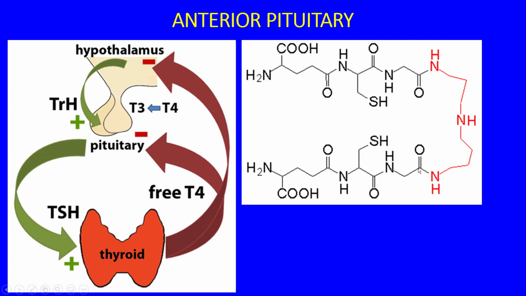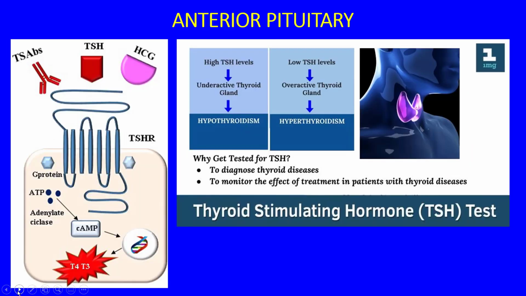Now, by the way, this is the shape of TSH, and it's a relatively small peptide. But the other thing that's very important about this, aside from the fact here's our receptor, here is the process to activate cyclic AMP, is that you can also fake for thyroid cells the signal of TSH, and that is by